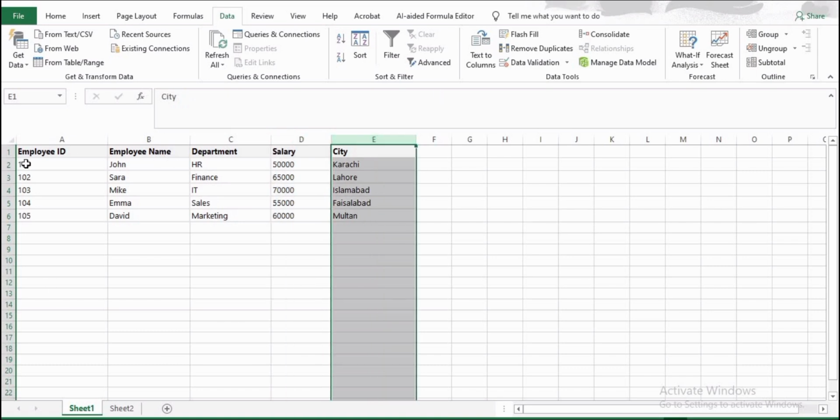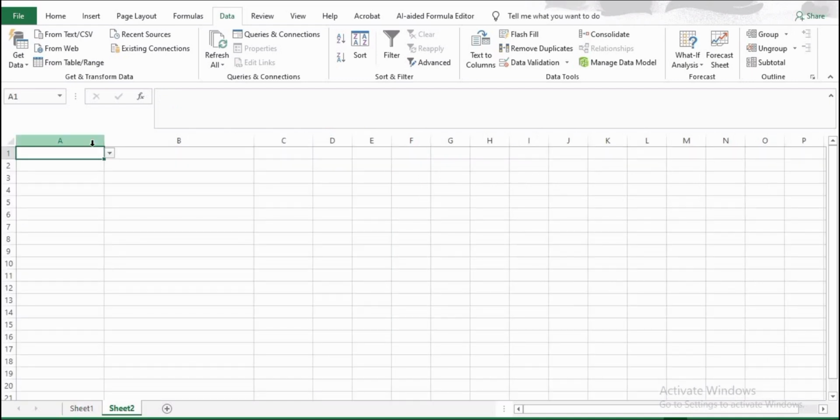Okay, by default it will be considered as in the ascending order. So let's perform the VLOOKUP. I'll go to sheet number 1. Now, because I want to save time, what I'll do,